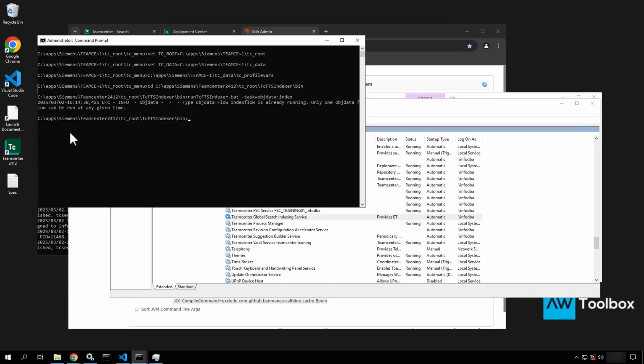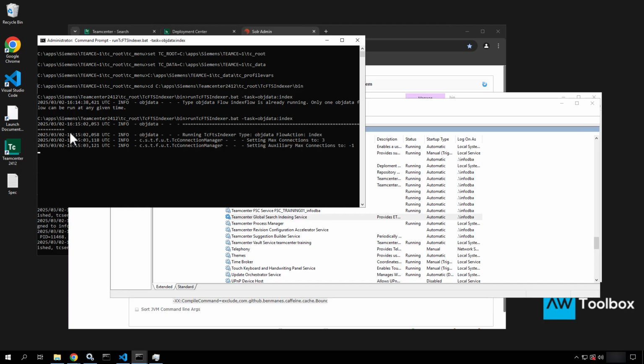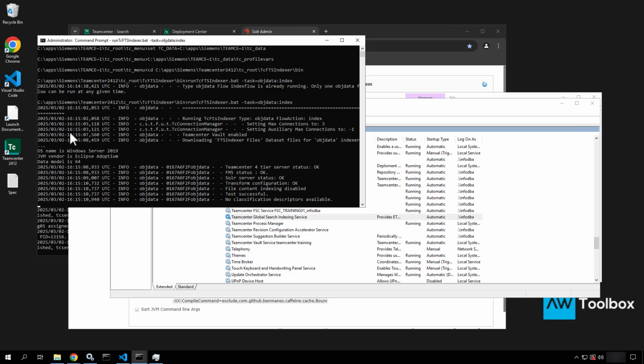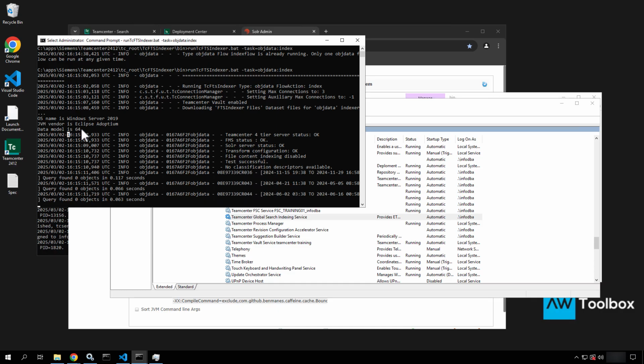So now, if I run it again, you'll see that this should, barring any errors, go in and begin to communicate. It's setting the max connections that it needs to do this. It downloaded the files. One quick tool here is if you see this data model is 64, it means that